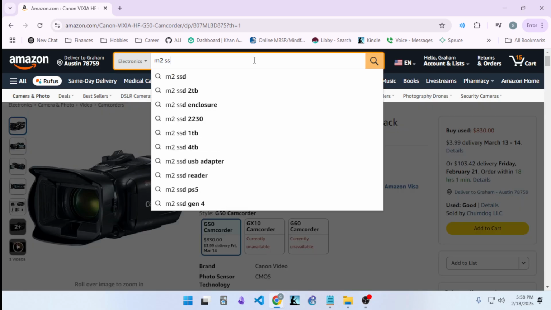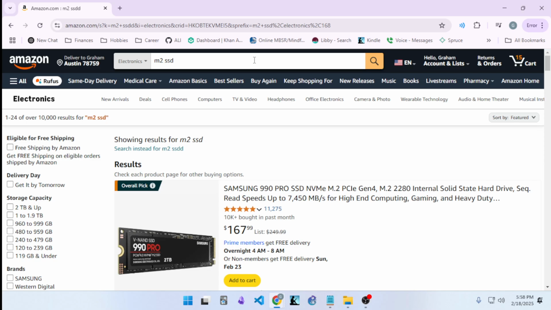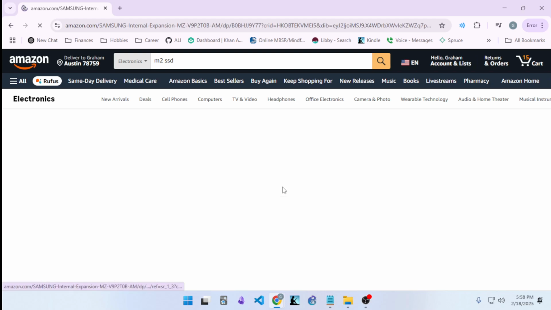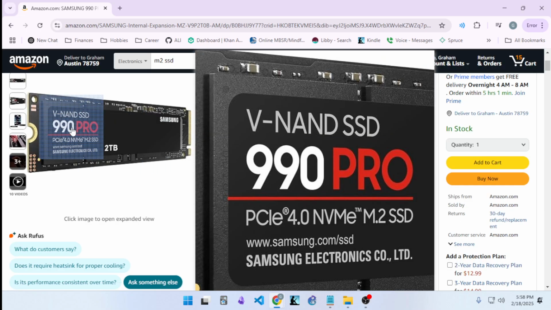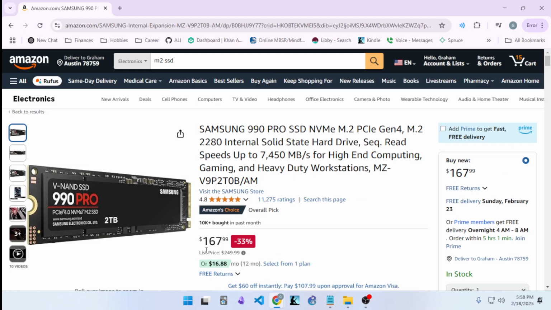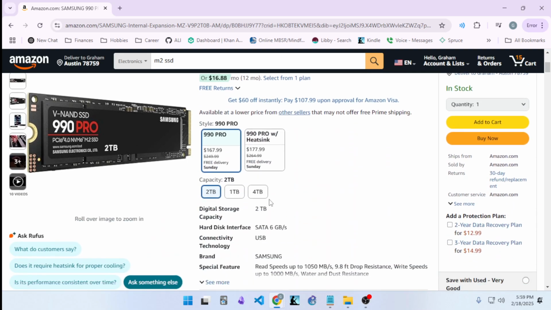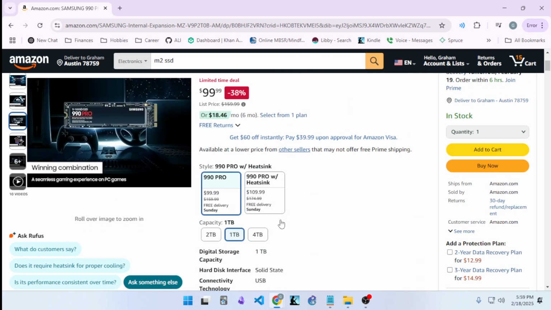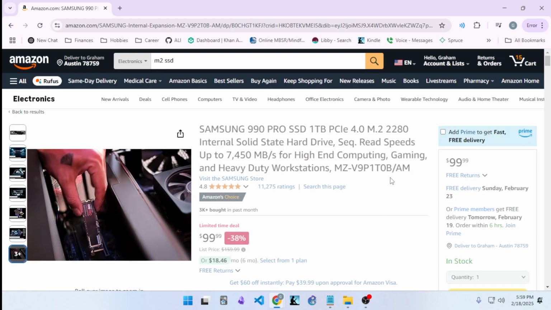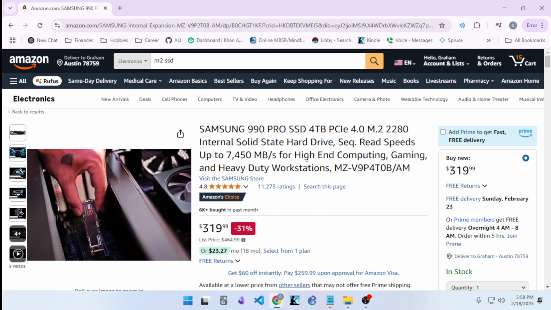So if you type in M2 SSD, looks like we have one here. Yeah, this is what I'm talking about. And this one is 2 terabytes, so that's a good deal. And it's on sale. But you know what? This is the one I went with. It was just like $100, and 1 terabyte is like all the storage I thought I'd need. 4 terabyte is kind of overkill, but